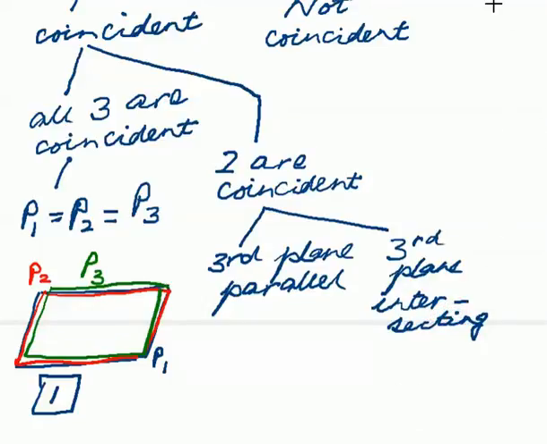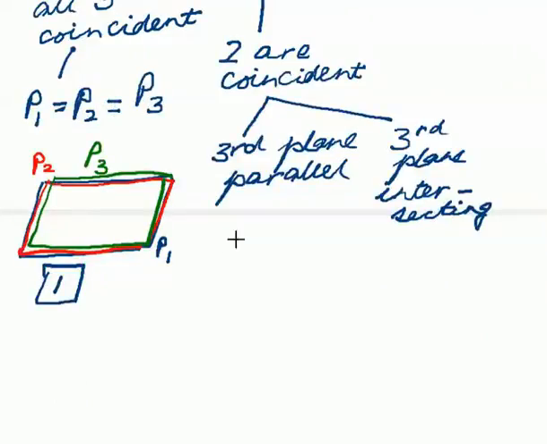Let's try to understand this. Let's say P1 and P2 are coincident, and the third plane P3